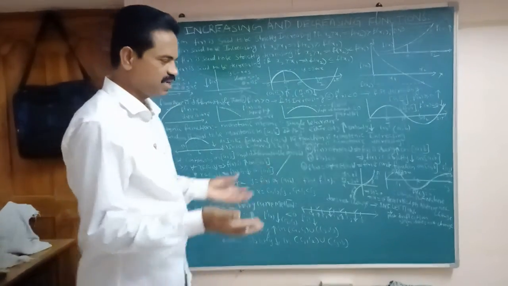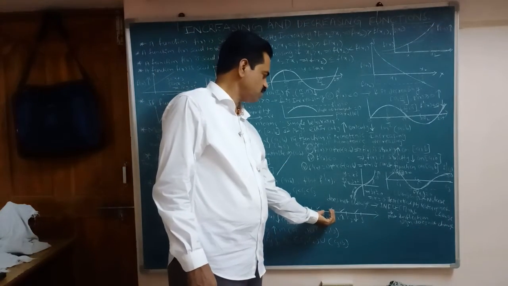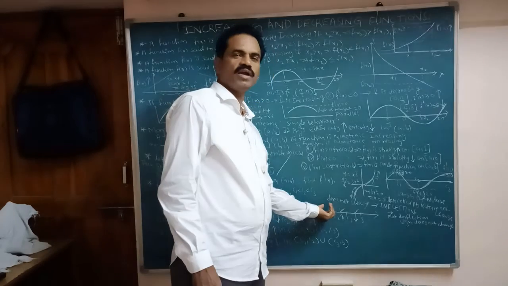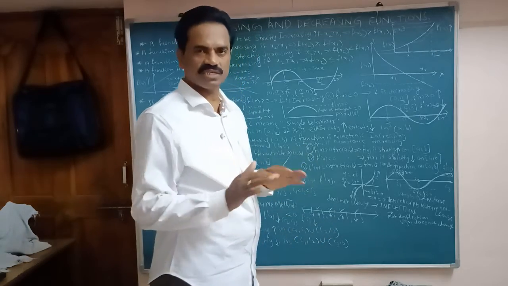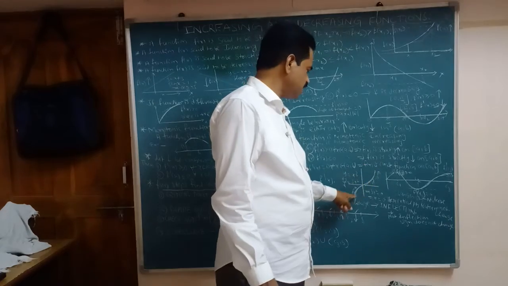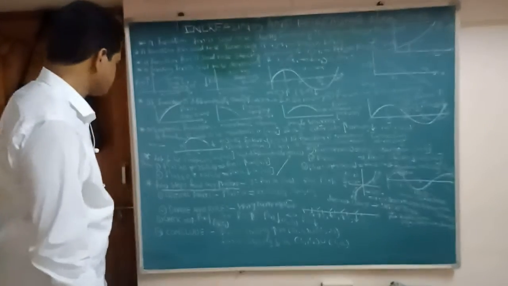Okay? Suppose you take an example between A to C1 and C1 to C2. Not change means it is negative and also negative, or if it is positive, it is also positive. Not change means the same sign only, so it is increasing and increasing, or decreasing and decreasing. So it is an inflection point here.